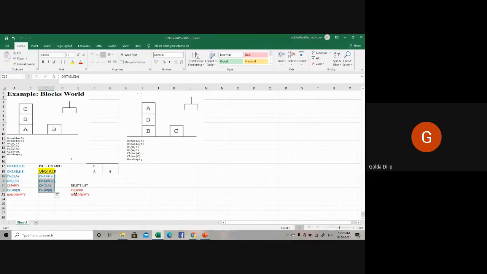That's how for each action sequence we proceed from one state to the next state.